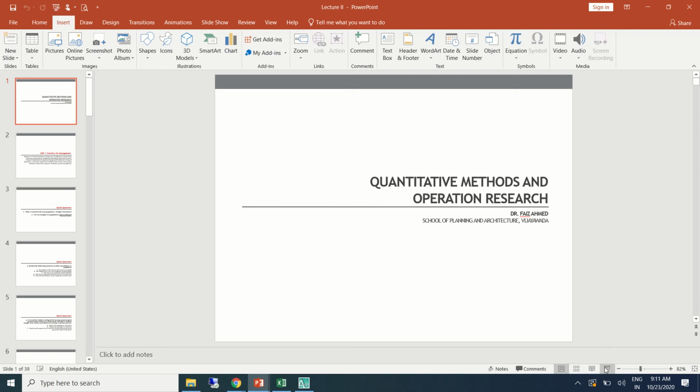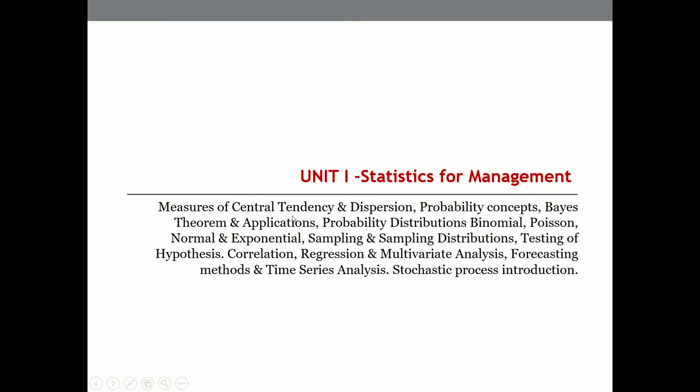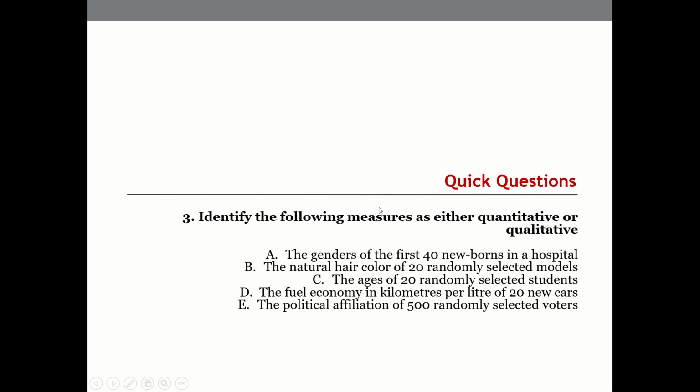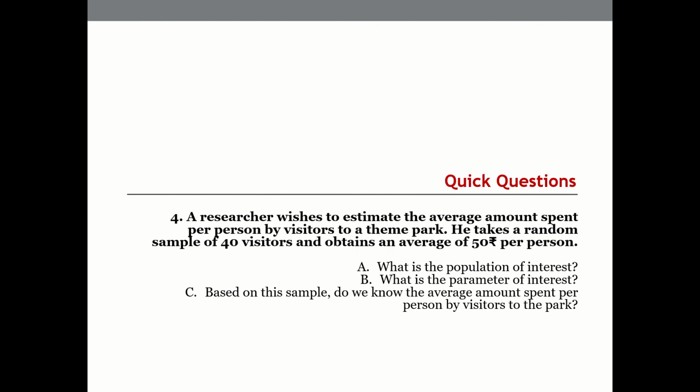Okay, so we are still in the first unit. We are discussing the data and how data can be understood, sampling techniques, and so on. Today we'll see some more aspects, like how we understand the data set. I think we saw these things last time: what is population, what is sample, and what are parameters. Then we were trying to understand how we differentiate between qualitative and quantitative data sets.